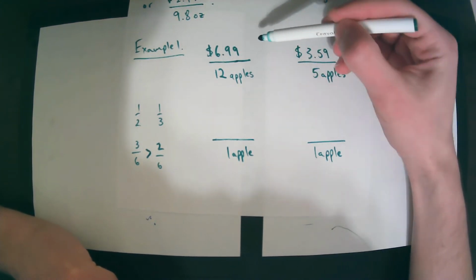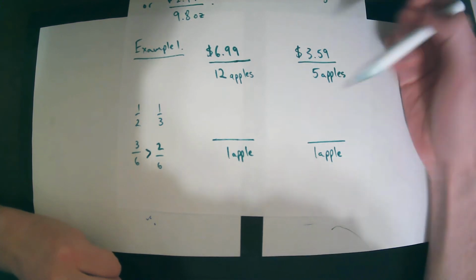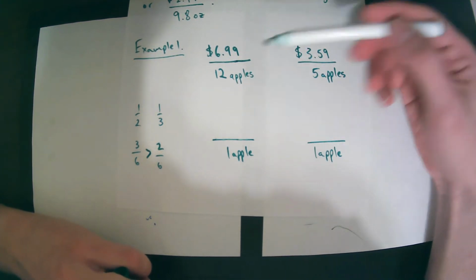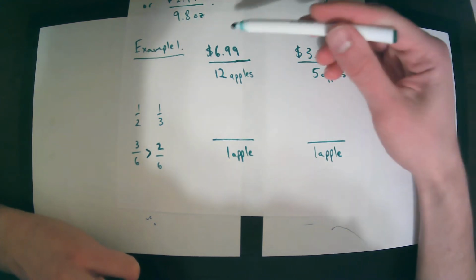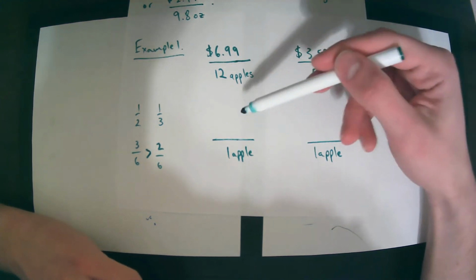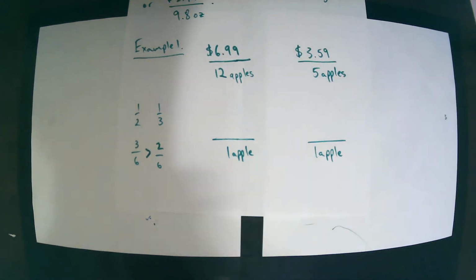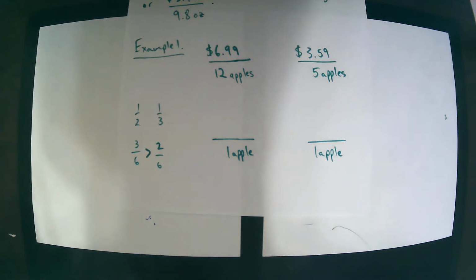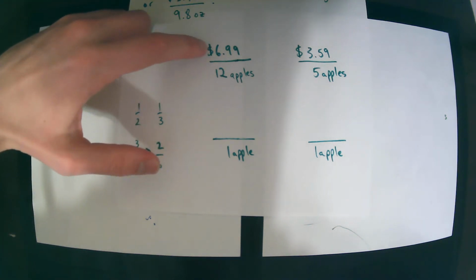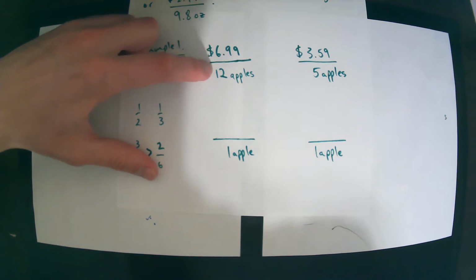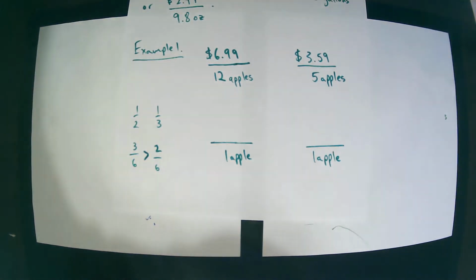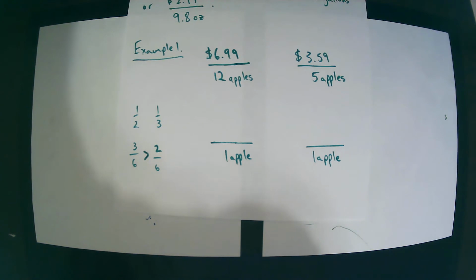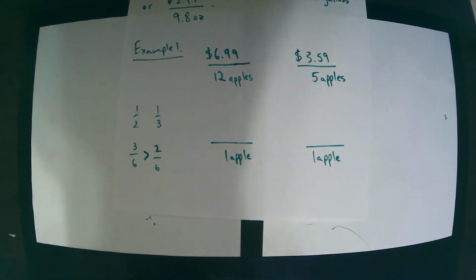You just do 6.99 divided by 12. And that's going to force it into some new rate of some dollar amount per 1 apple. So if it's $6.99 for 12, then how much is it for 1? Well, you just divide. And of course, now is the time that a calculator is going to be useful, because not only do you guys probably not want to divide this by hand, I also just don't feel like teaching it. So if we can all be on the same page and just say, we don't need to know how to divide decimals because we all have calculators,